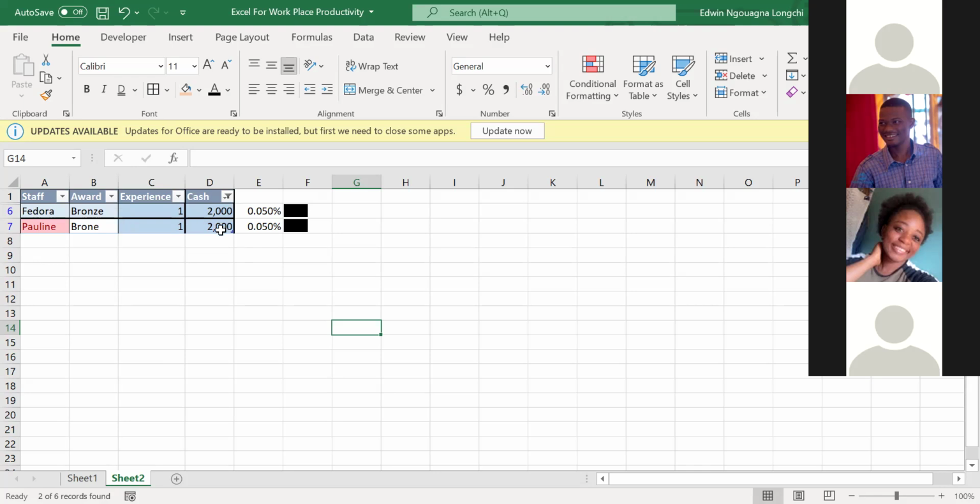And how do you know that this has been filtered? If you look at this particular one now, you see a funnel. It's different from these ones, right? You see a particular funnel here. So this can be a trick even in an interview. They can give you a data set like this, and they ask you a question to determine whether filters have been applied or not. You simply have to look at these headings and see. If you see this funnel, know that filters have been applied here. Right? So let me undo that.